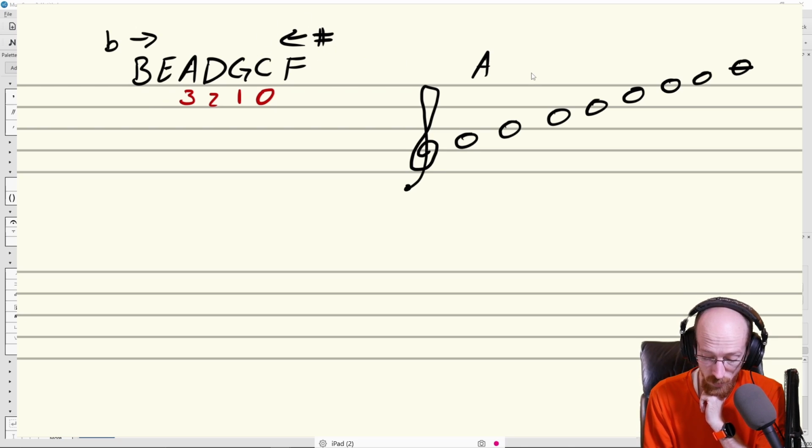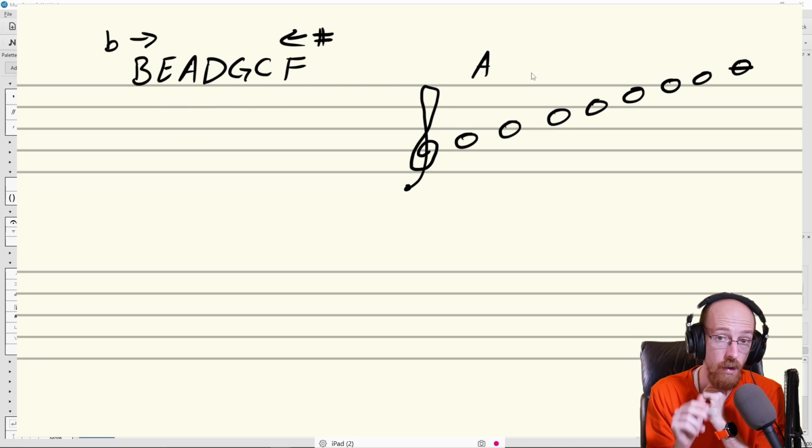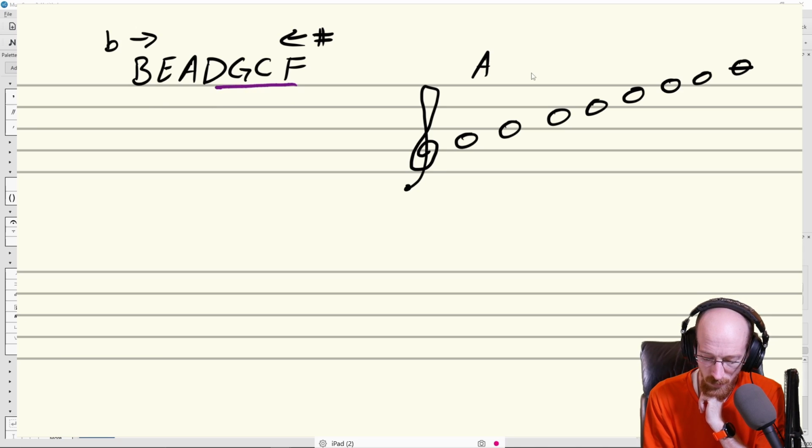So what are those sharps? Well, we have 3 sharps that we need, 3 of them. And we can use the order of sharps to figure out which notes they are. The first 3 sharps are these 3: F, C, and G. So if we come in here, we sharp F, we sharp G, and we sharp